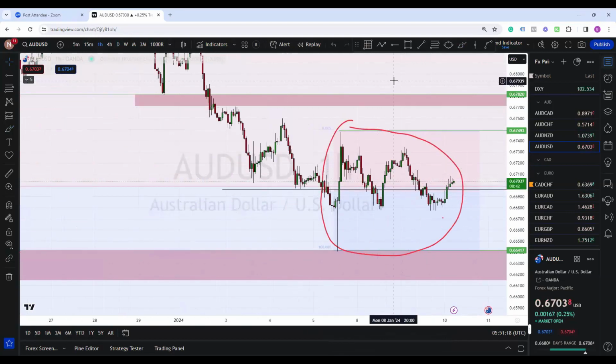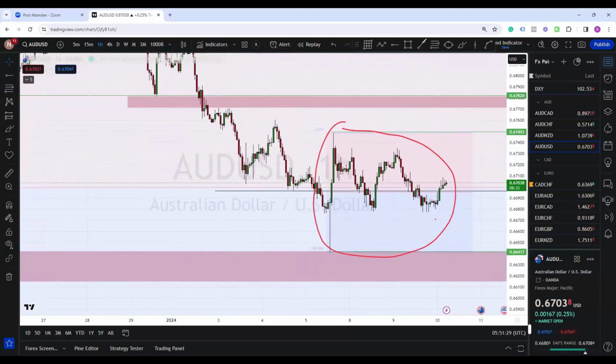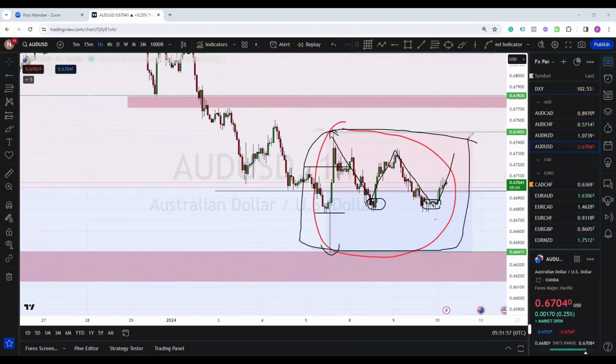Why it makes sense is because you can see that the price goes lower, takes out the low, right? Takes out the low, takes out the high, and then it retraces down below this dealing range, 50%. There's one entry there. Price comes back down again, second time, another entry. Well, maybe it'll come back here. I don't know, right? So this is for people who trade on the short time frame, intraday,